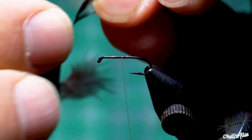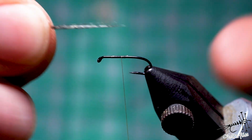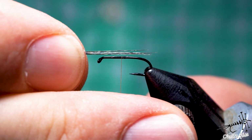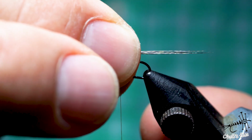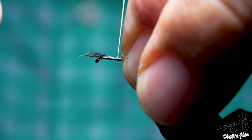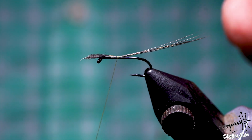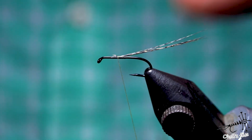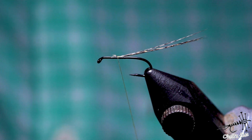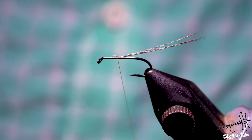When I'm pretty much satisfied with it, like almost now. Okay, now it's good. I'll just pinch them away from the stem, measure the length, and attach it. I want to attach it on the top of the hook. Now I'm using ribs for this fly, but I'm going to attach them later. And to split the tails, I need some thread,